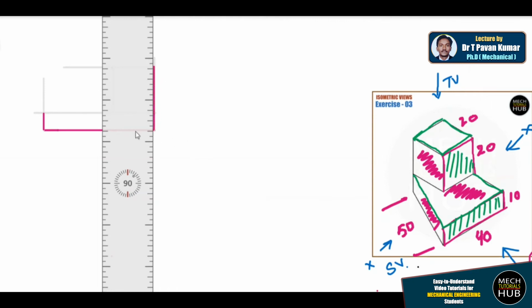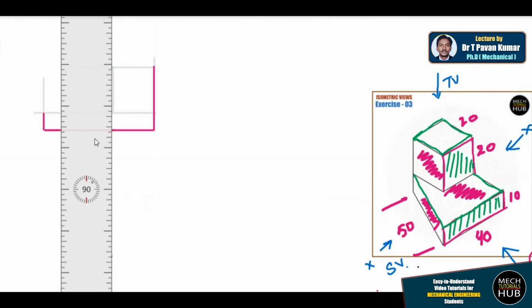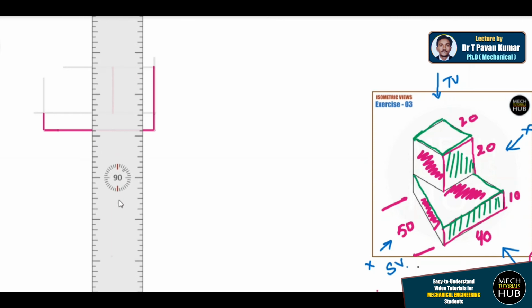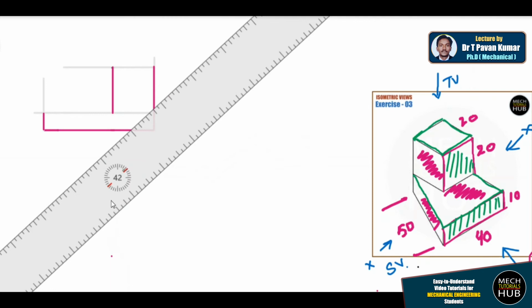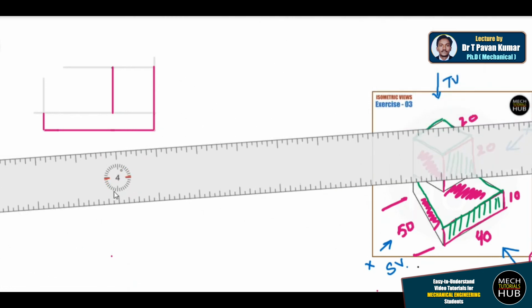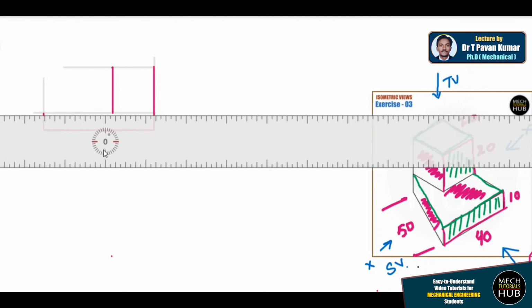When you draw actual projections, you need to draw with an HB pencil or an H pencil. Initially all the light lines I have drawn with a 2H pencil. So construction lines you can maintain as they are, not a problem.